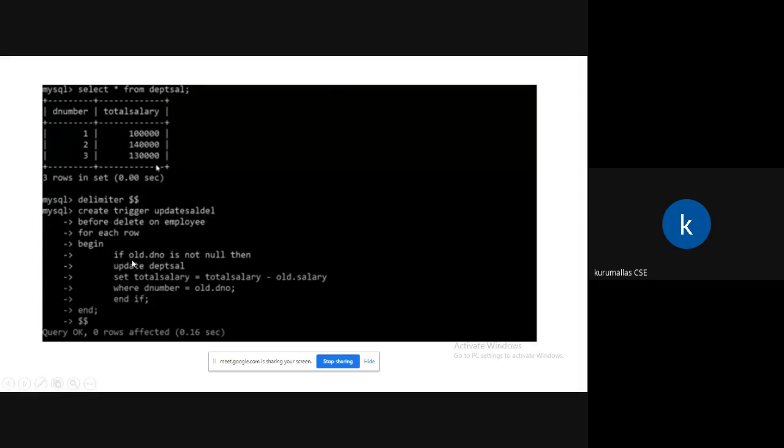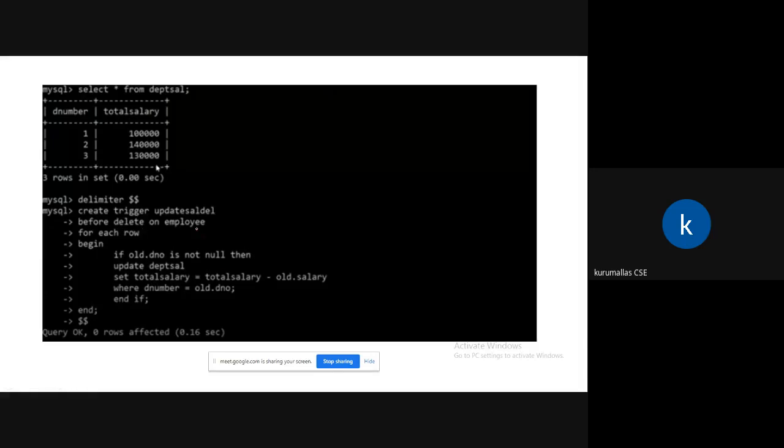So here, if old dot d number is not null, already existing and d number is not null, then update this one. How to update? Update salary, set salary difference. We have total salary minus old salary when d number equals old dot d number. Remember, old dot d number. This is about deletion.